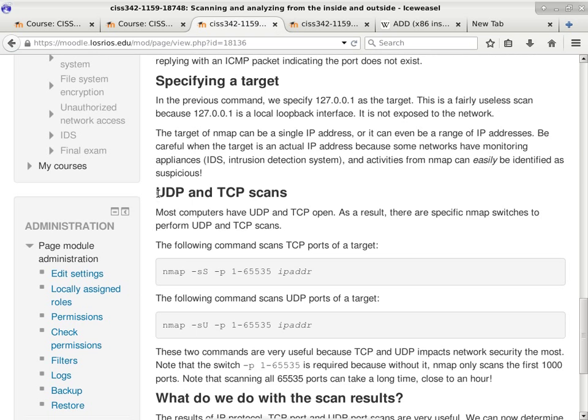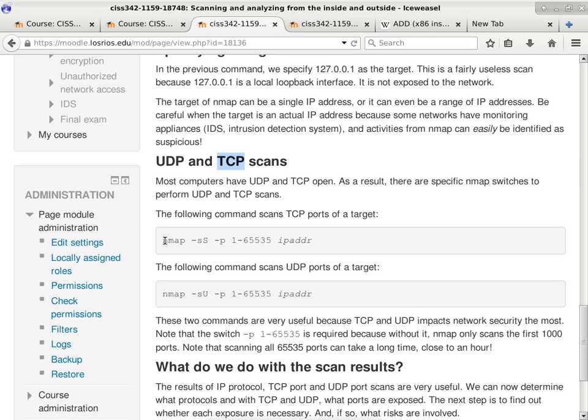Now if you want to specifically scan for UDP and TCP ports, this is the way to do it. It is the same command. Nmap is the name of the command, but this time instead of using uppercase O, you use uppercase S. You specify -p to say the following is the range of port numbers to scan.